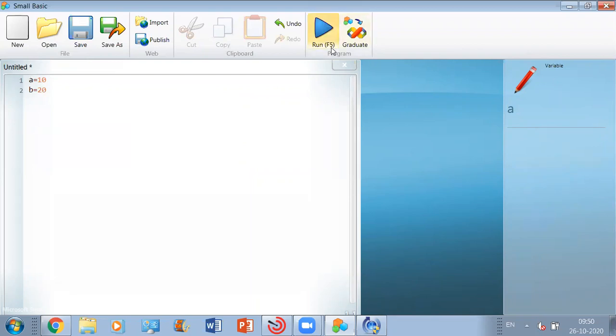What is runtime, children? Runtime is when we write something on the output window, that is called the runtime environment. Okay? Let me just show it to you practically. Suppose